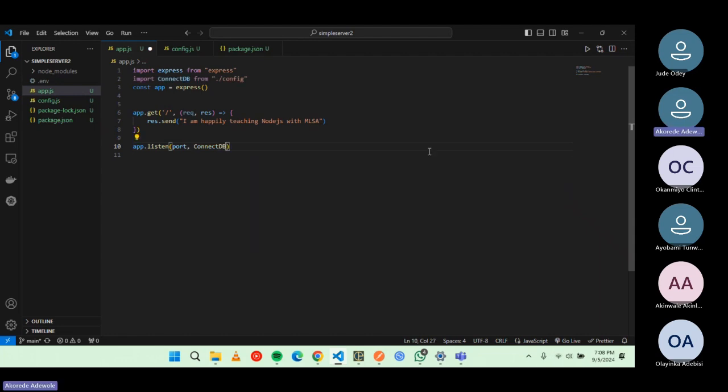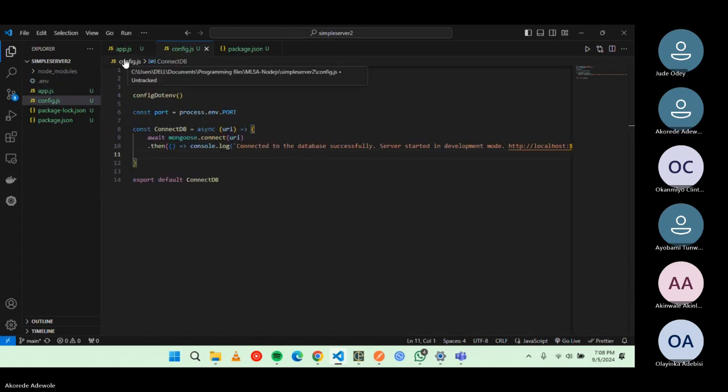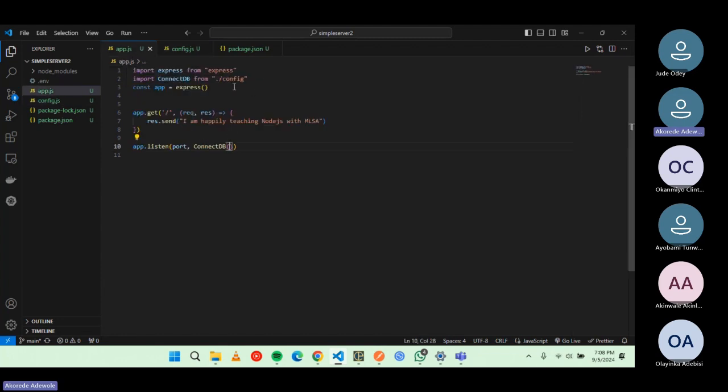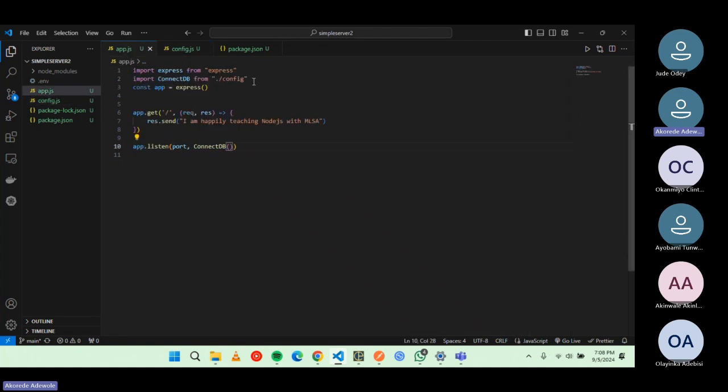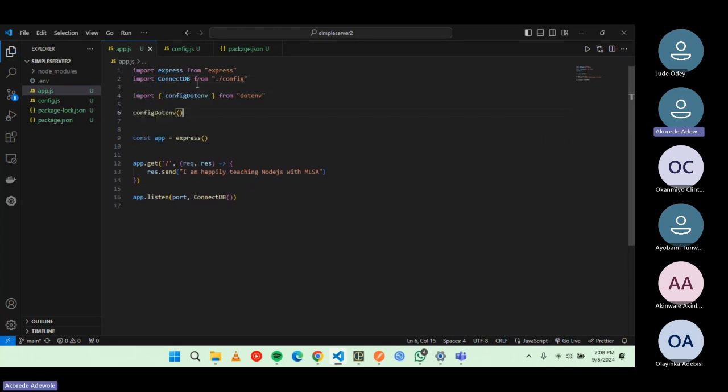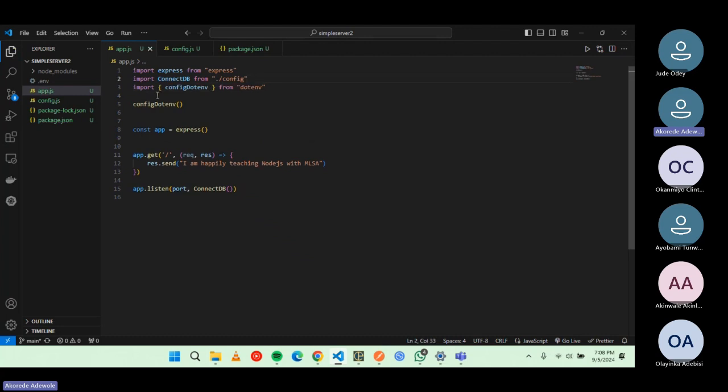ConnectDB, and then of course, oh, the ConnectDB is expecting a URI. Okay, so we need to be able to put that URI there as well. And how do we do that inside this? Okay, let's put those config and .env stuff that I took away. Basically, there's a way I do my things, and this is not what I just wanted to show you. Okay, so to import the .env stuff there as well, and